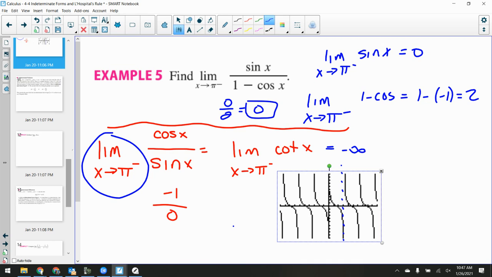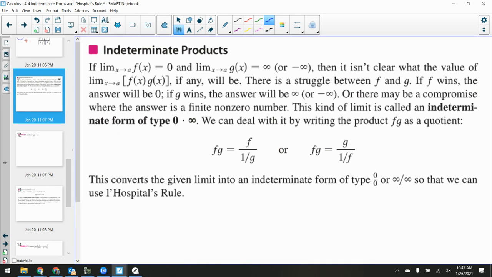There are other indeterminate forms. There are things called indeterminate products, and basically you could turn indeterminate products into indeterminate quotients to use L'Hopital's rule. Because if you just take 1 over that thing, if you've got f times g, and this is indeterminate, you could turn it into something you can use for L'Hopital's rule